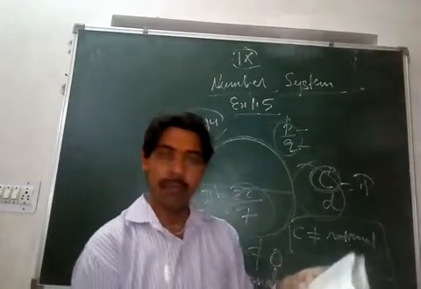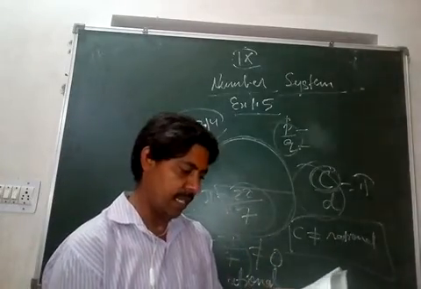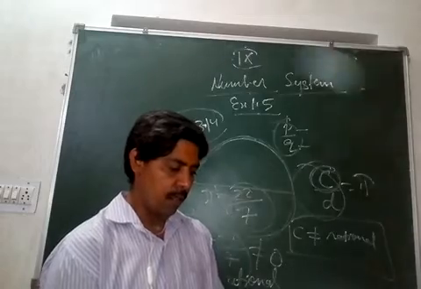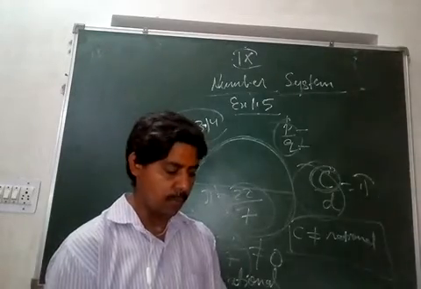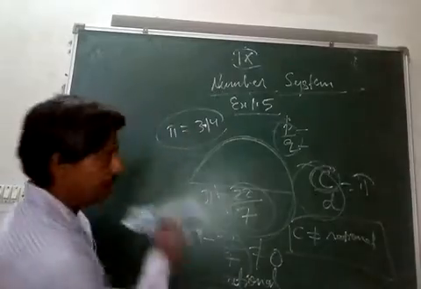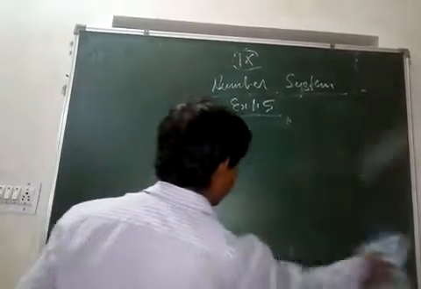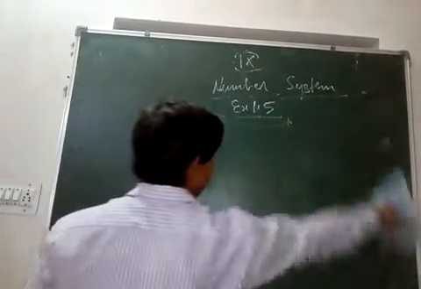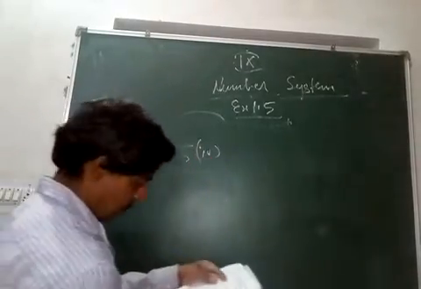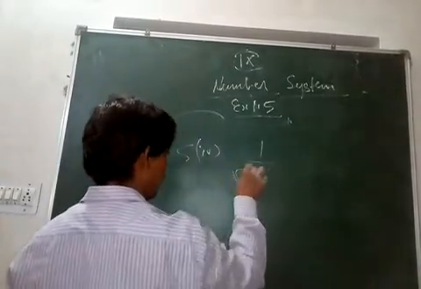Represent root 9.3 on the number line. I am sure we have done it in the last class. Rationalize the denominator. So this is also very simple. We have done monomials and binomials both. So I will do just one part, fourth part, and then we will move to the next topic. So fifth question, next part, fourth part. Okay, and it is saying what is 1 upon root 7 minus 2.